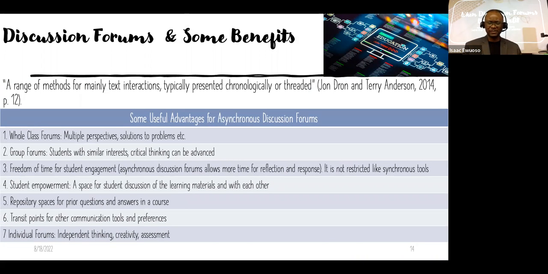There are some benefits, of course, in using discussion forums, and I've highlighted this. This is not an exhaustive list, but one thing is that they act as repository spaces for prior questions and answers in the course, and students can get a lot of information from the discussion forum by looking at their peers' or classmates' work. They have time to engage with other posts and to reflect.